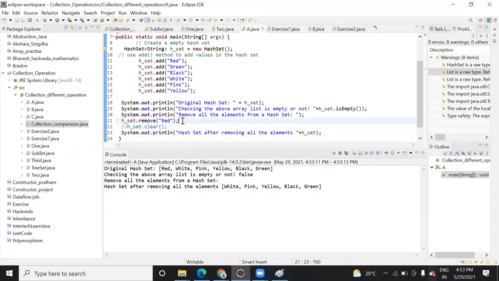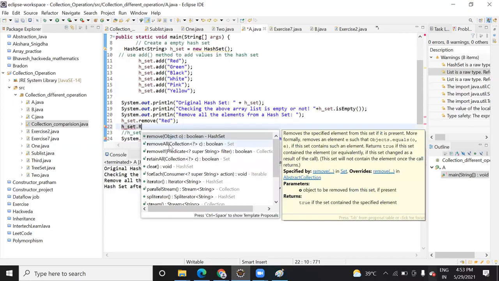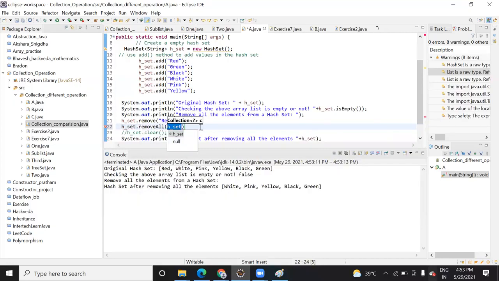Let me check without passing any parameter to that, meaning without passing the name. Then also it will give an error. By default nothing will get emptied, because we need to pass the name of the set here.